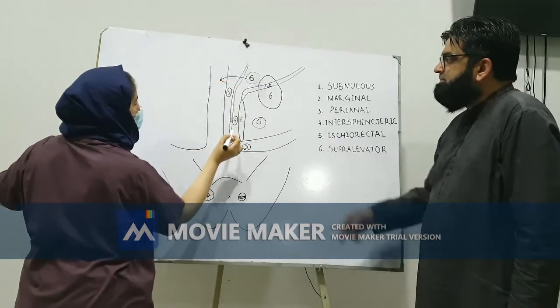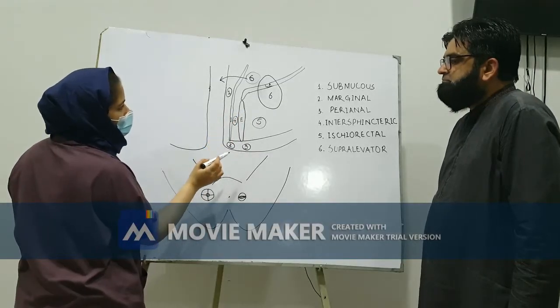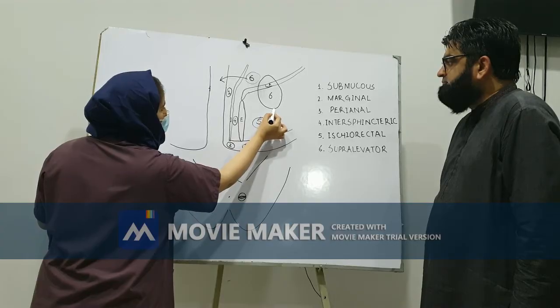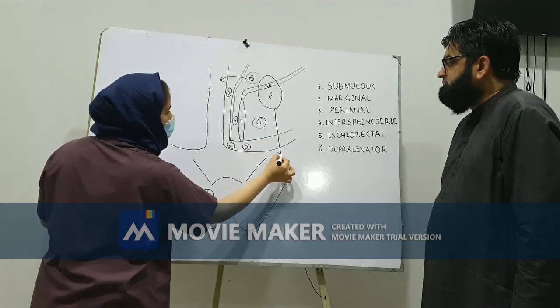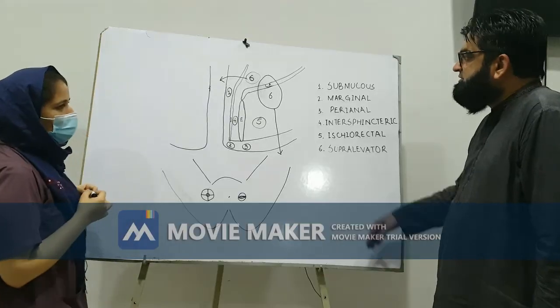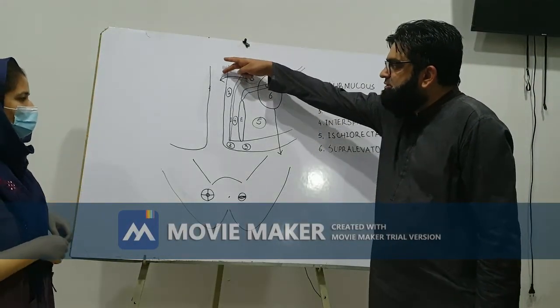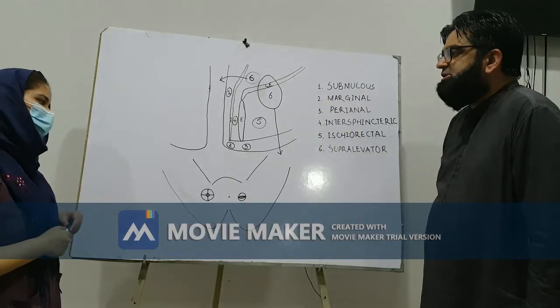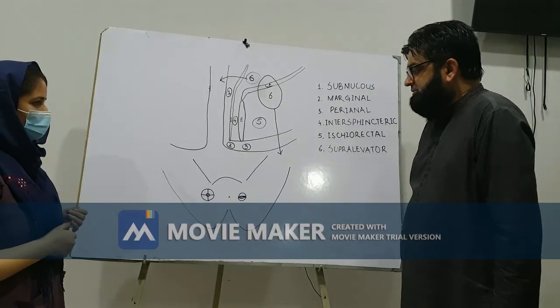And what about this one? In this kind of abscess we drain the abscess externally to the skin. So we give a cruciate incision, just as in ischiorectal abscess. So if it is isolated, then it should be drained into the anal canal. And if it is communicating with the ischiorectal fossa, then it should be drained to the exterior, to the skin. Yes sir. Thank you very much.